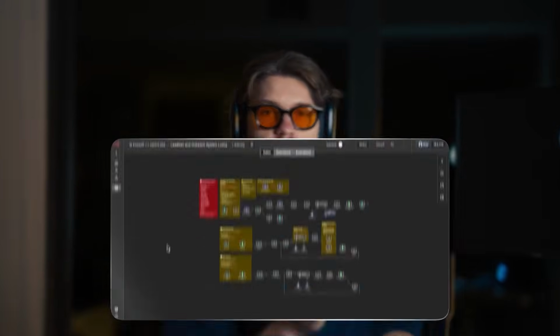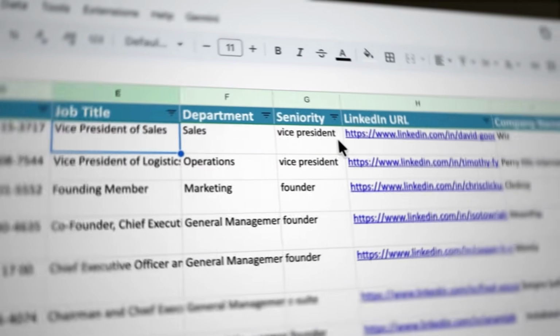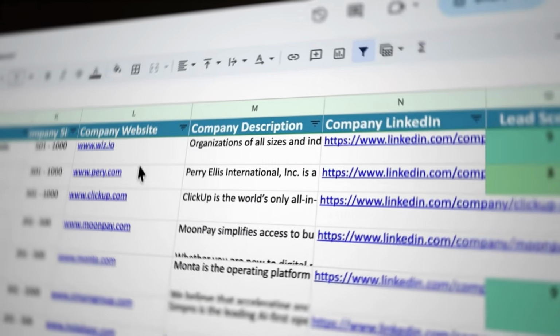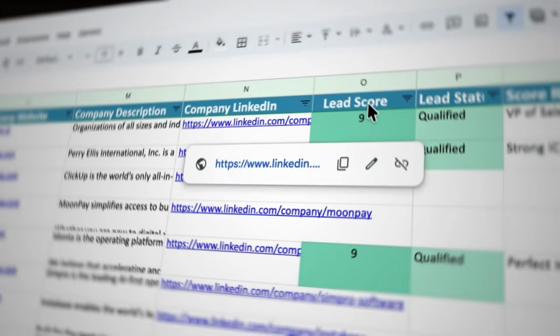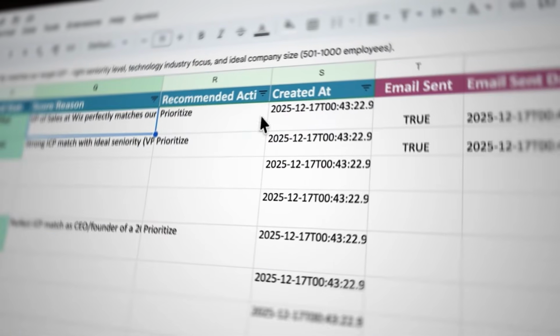Today we have a very long awaited automation that is automated lead generation and cold outreach. This is a very powerful workflow that will essentially give you a Google Sheet filled with leads like so. You will get things such as their full name, email, phone, job title, department, seniority, LinkedIn, company they work with, the industry, the company size, the company website, company description, company LinkedIn, lead score, lead status, score reason, recommended actions,